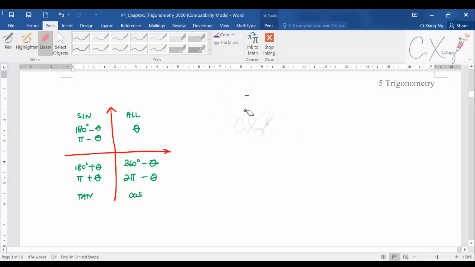As an example, given sine 30 is equal to half, what is the value for sine 150? If without using the calculator you want to link sine 150 with 30, how are you going to link it and get the value? Generally it's like this. If I want you to find the value for sine 150,